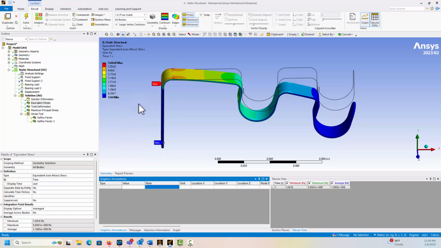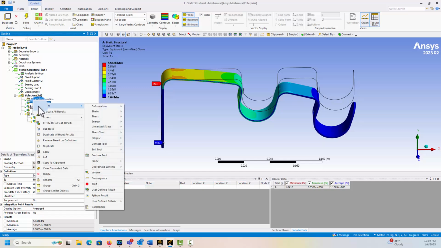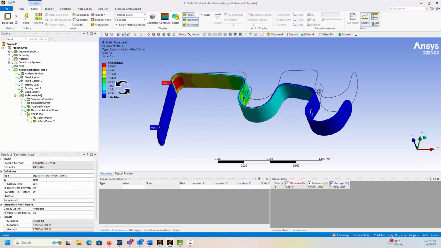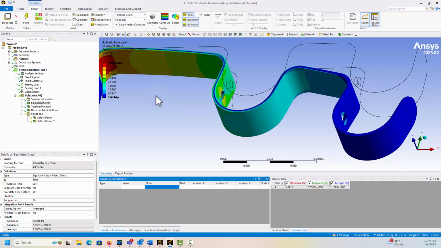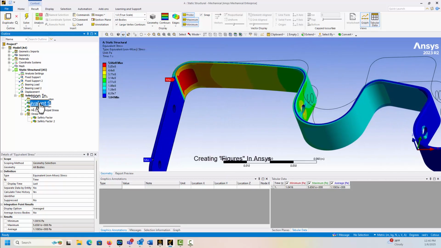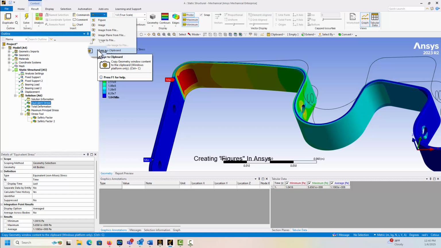Now, when I'm saving these, though, I have these tools, but I may also want to be able to see and hold a particular view that's going to be useful. So if, for example, here I want to see these stresses on the underside, I could zoom in here. So if I come up here and I have this clicked up under images, I could set insert figure. I could save out a specific image, but I'll save it once, and